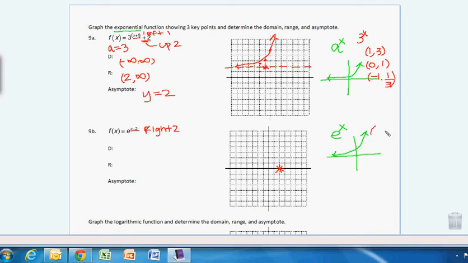Again, if I was to plug in the points, if I plug in a 1, I get e, a 0, I will get a 1, and if I plug in a negative 1, it's 1 over e. So from here,